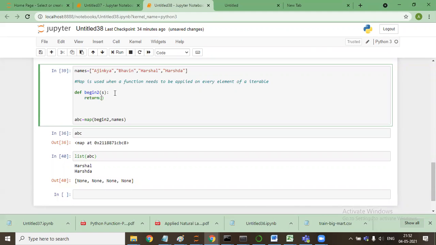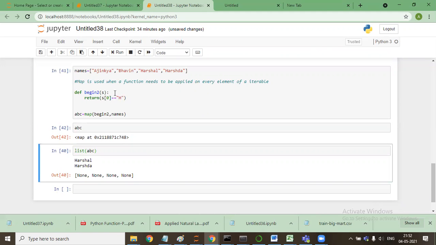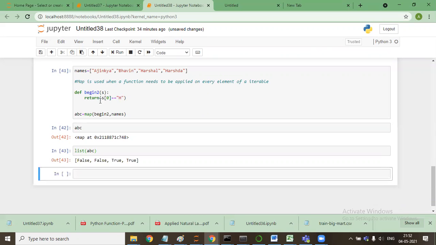Return S0 equal to H. This one? Am I right? Yes, sir. So now it will give the true false kind of a thing. It will not give none because it itself means if it is okay, then it will say true. If it's not okay, then it will say false. Boolean kind of a thing.